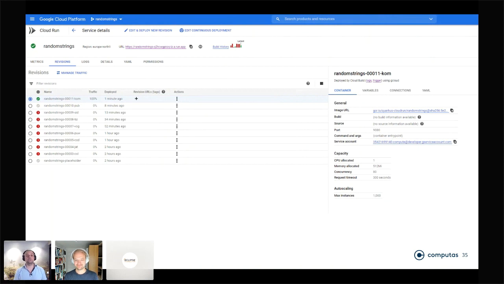There might be bugs. There might be dragons. I want to have 5% of my traffic go to the new version and 95% go to the older version. And then you can actually do traffic splitting and test and gradually increase the traffic and see if everything is good, and study your logs and study your metrics and all of that, making sure that everything works before you switch entirely.